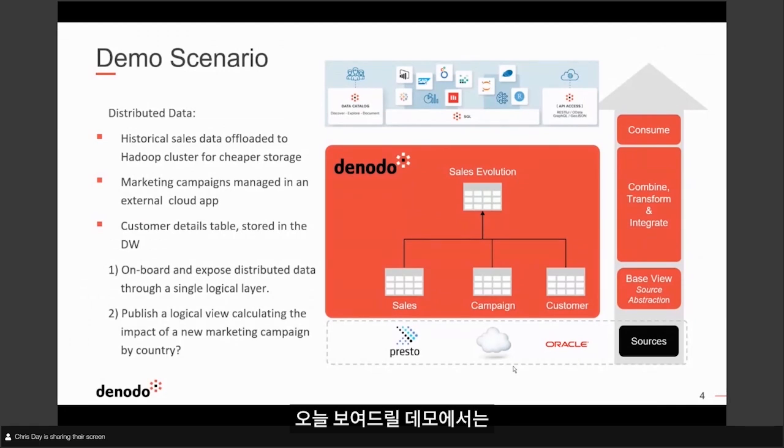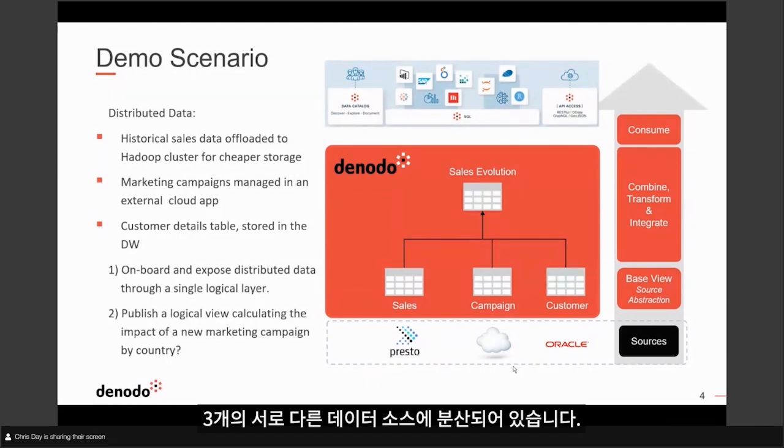So for today's demonstration, we'll be simulating a small organization that has just 3 data sources. We've got our Oracle data warehouse, but we've offloaded the historical data warehousing information into a Presto cluster. And then we're also using a marketing web service for our campaign data. This means that we've got a distributed environment, where the information we need is spread across the 3